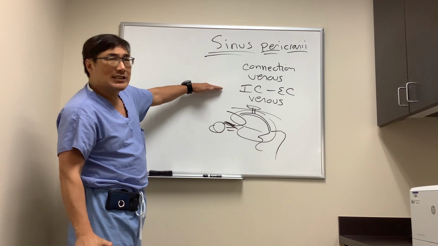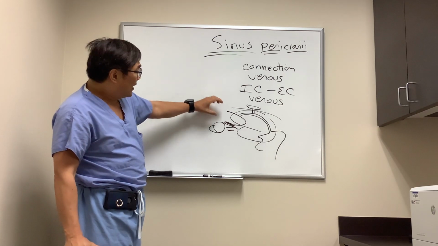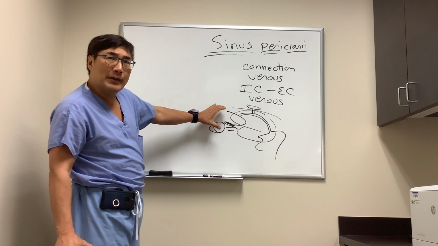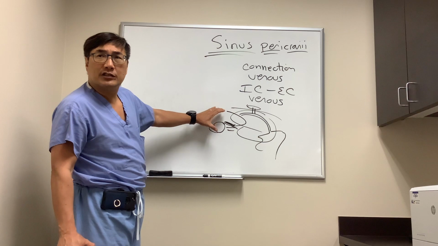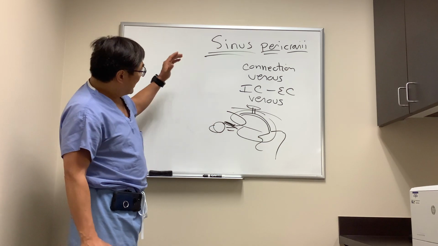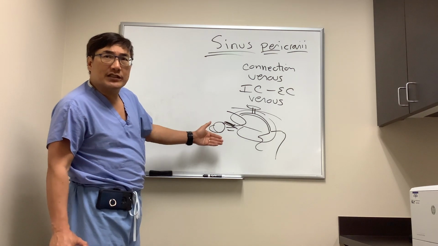Even though it's almost always congenital, there are post-traumatic cases and then idiopathic cases. Patients who have bony deformities or congenital problems in their skull base, like cranial synostosis syndromes, may also be associated with sinus pericranii. It can present to us like a fistula, and you're wondering if it's an abnormal connection